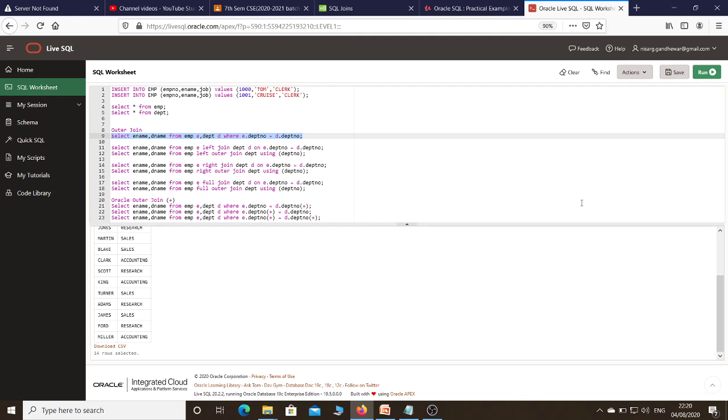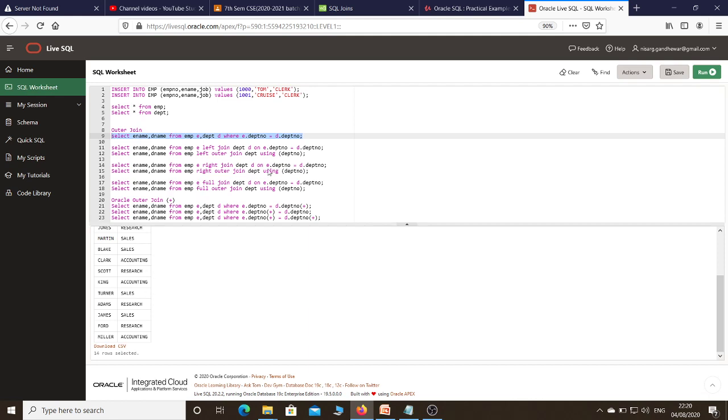Just remember what I told you: in case of inner join, it will return only the data which satisfies the join condition. Tom and Cruise do not satisfy the join condition, that is e.dptno equals d.dptno. That's why they are missing. So this is the use of inner join.